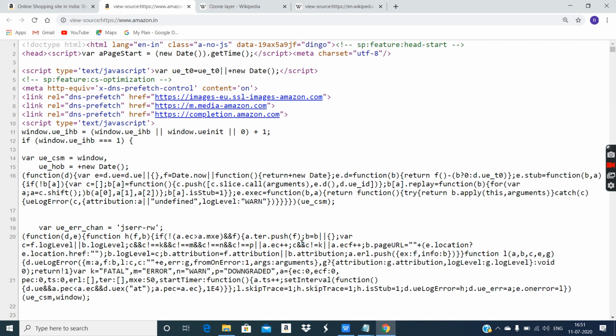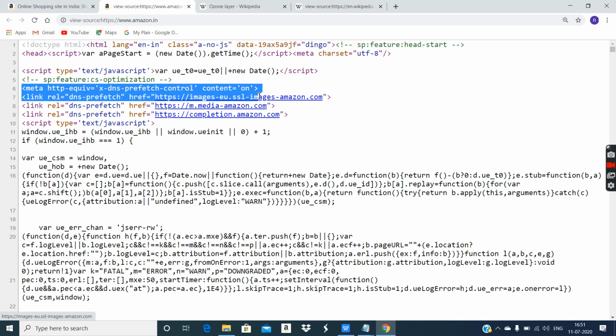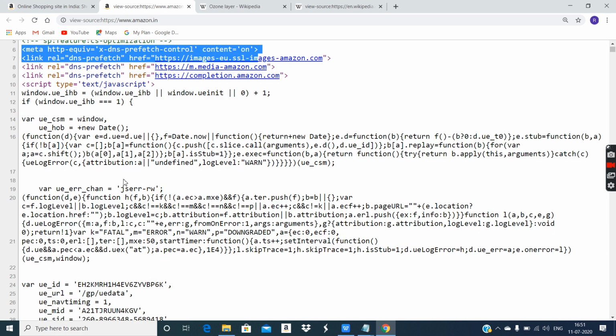Now I'll show you, these are the professional websites. Okay, this is the source code of Amazon website. Okay, see HTML coding, how they have done. Okay, they have used meta tag. See here, they have used meta tag. Okay, then so many such long coding you can see.